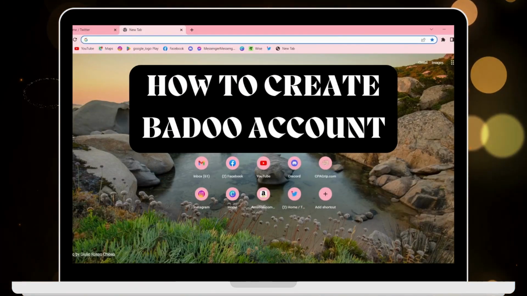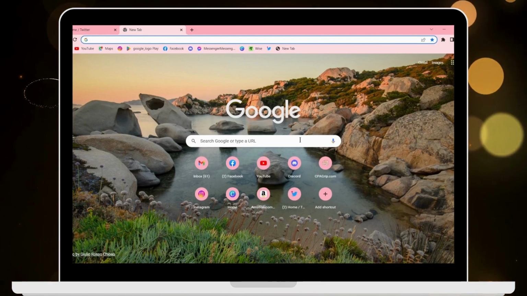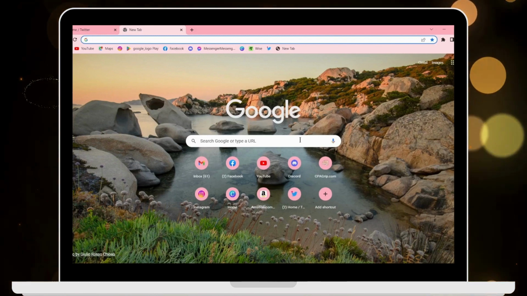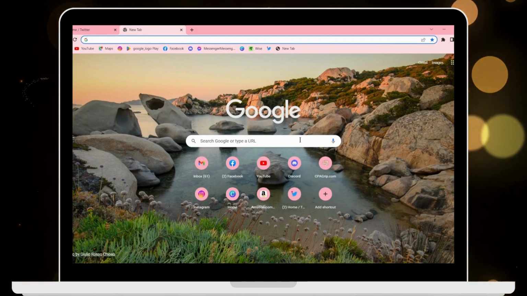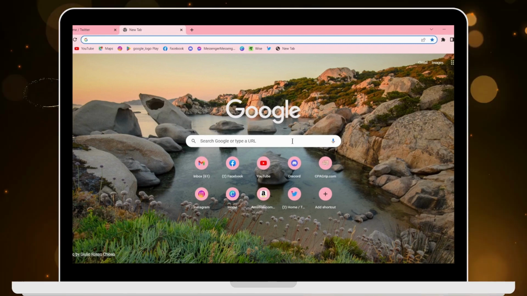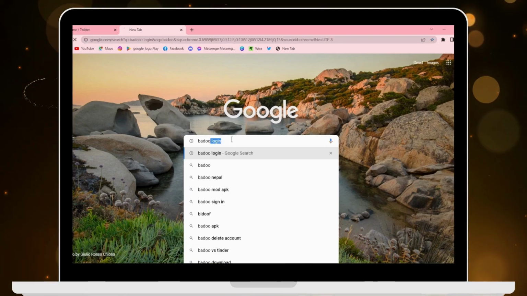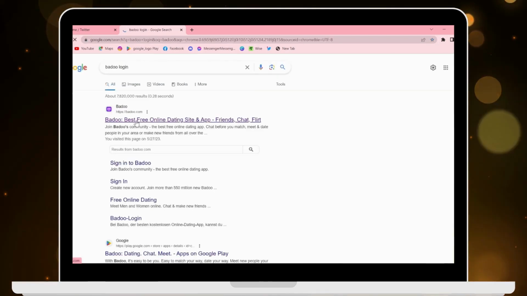How to create a Badoo account. So if you want to create a Badoo account, then first of all open up your browser, any browser that you're comfortable with. I'm here with Google Chrome browser, and then in the search bar search for Badoo login, and then here on the first search you will have badoo.com. Click on that,